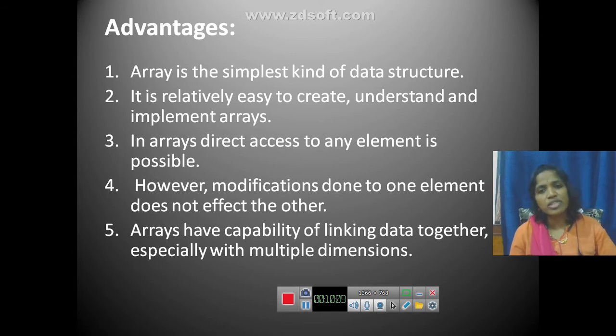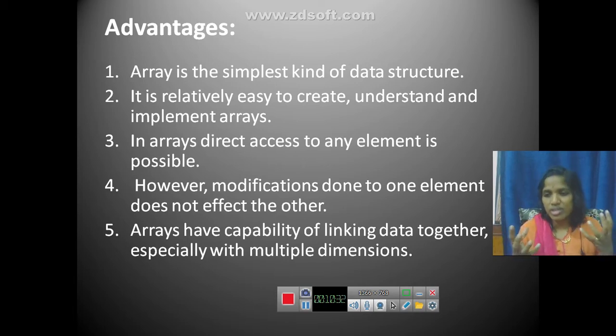Now, the advantages of arrays. What are the advantages of arrays? An array is the simplest data structure. A data structure is a concept of computer science; we have different kinds of data structures available where you can store and retrieve data.